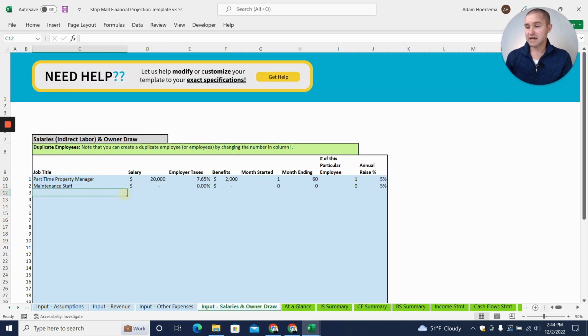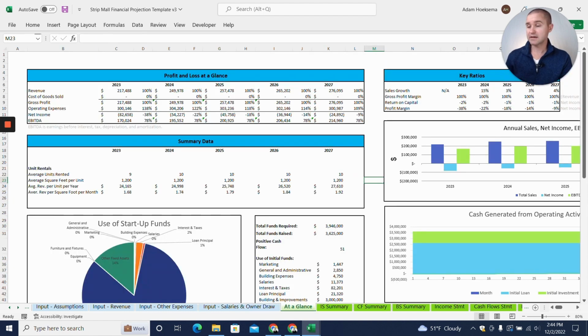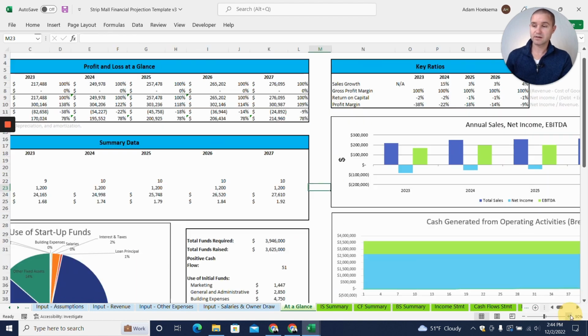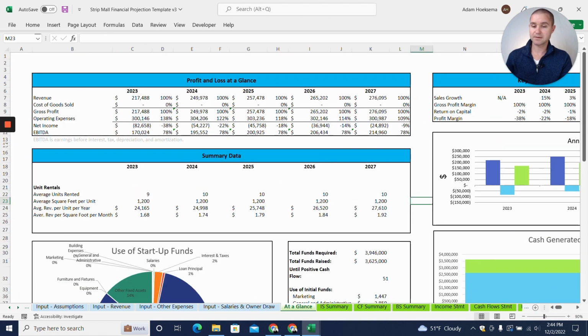And then on the salary side, it's just one property, so we're just going to attribute one part-time property manager at $20,000 starting in month 1 and going through the end of the model in month 60. And once you've done that, you'll be back to where we started here on the at a glance tab. And one thing I'll point out that you're probably going to run into is that you will probably end up seeing that you have a net loss. I'm almost certain of it. You'll show a net loss if